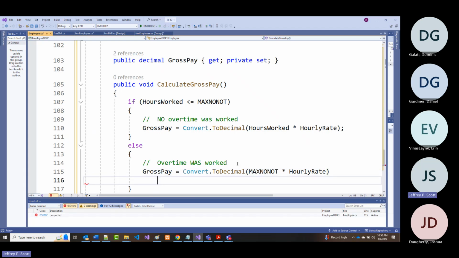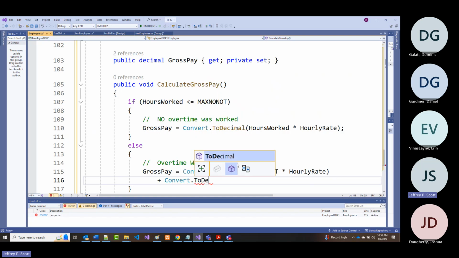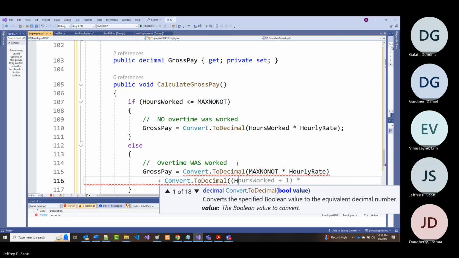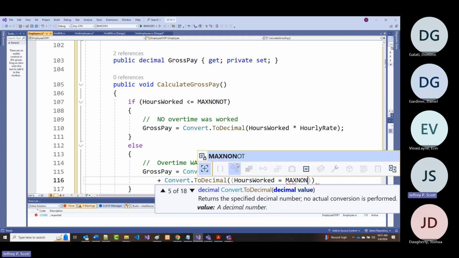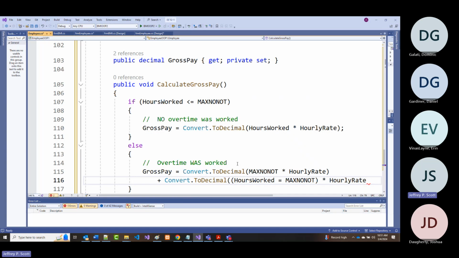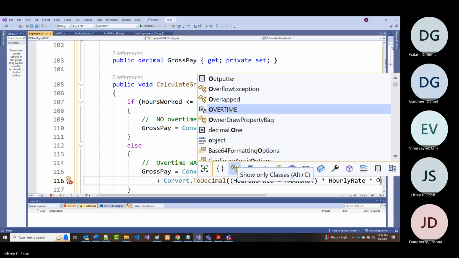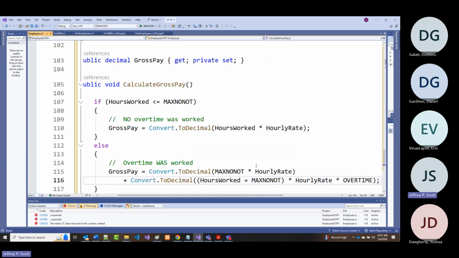That's your straight time, plus convert dot to decimal, the hours that you worked minus the max non-OT times the hourly rate times overtime. I know it's kind of hard to read on here,